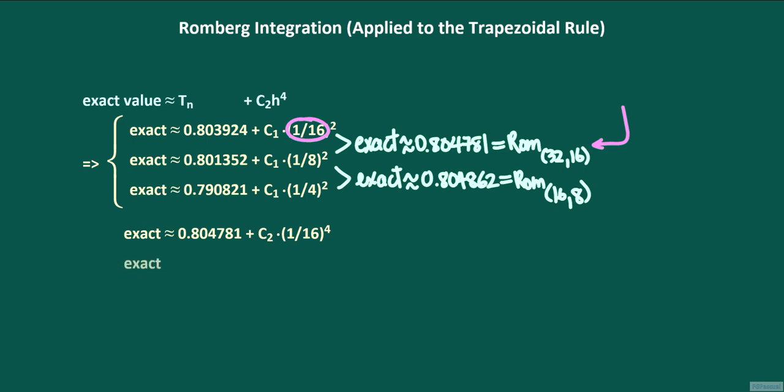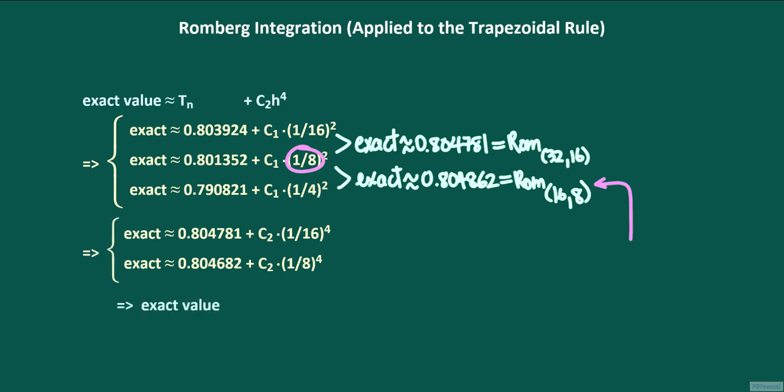We also have that the exact value of the integral is supposed to be equal to the estimate Rom sub 16,8, which is 0.804862 plus the error term. We again use the finer step size, this time between T sub 16 and T sub 8. T sub 16's step size of 1/8 is finer, so the error term is C sub 2 times 1/8 raised to the fourth power. We solve this system of equations and find that the exact value is supposed to be